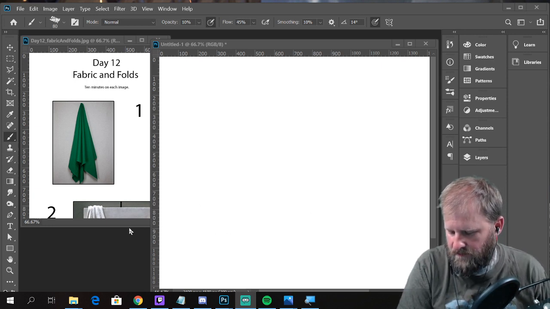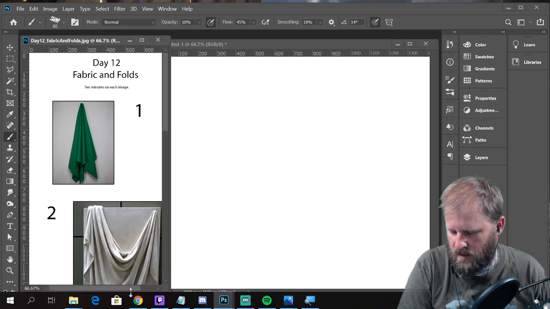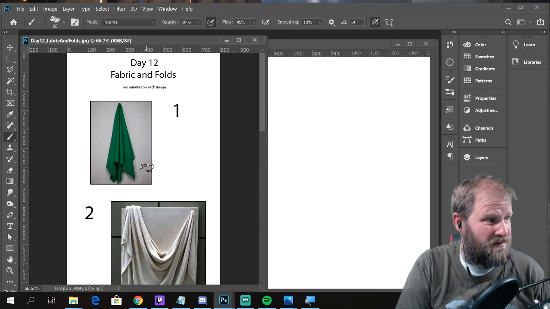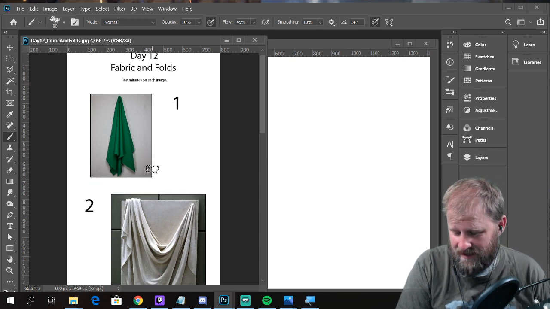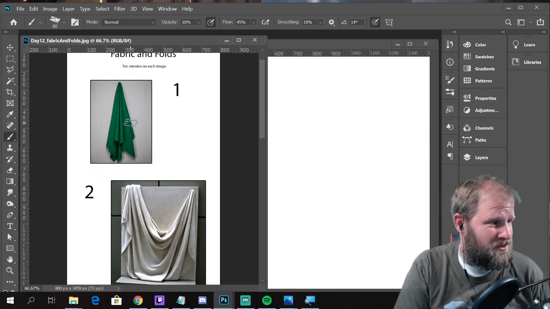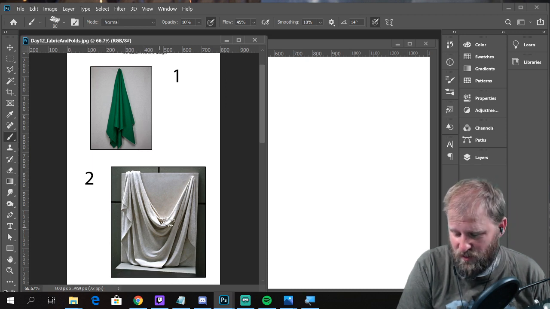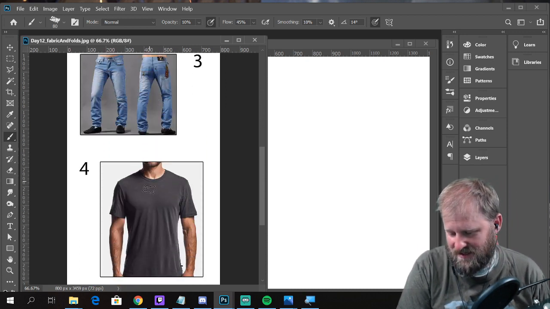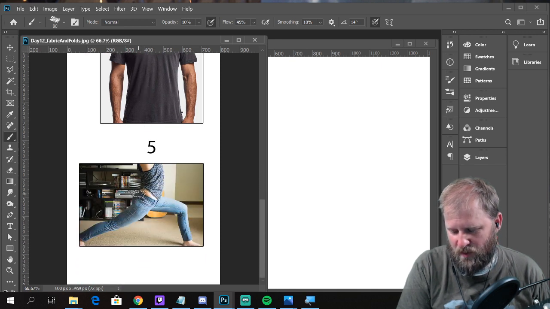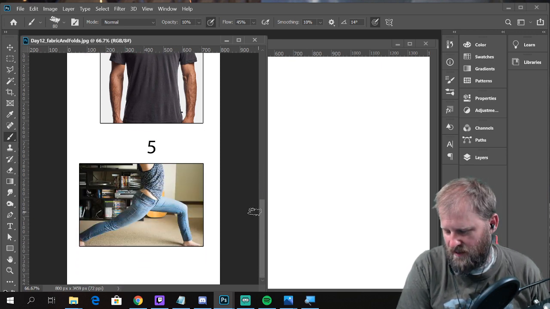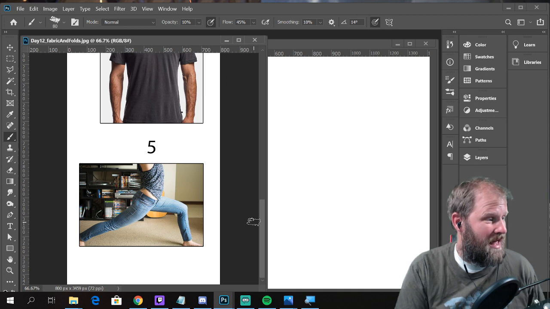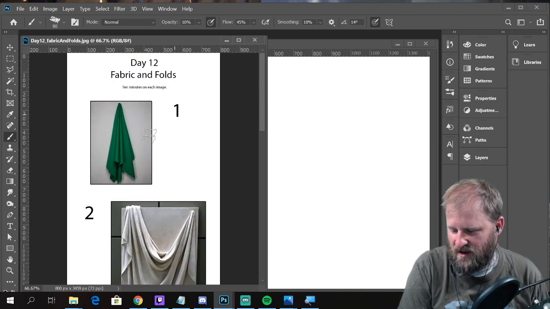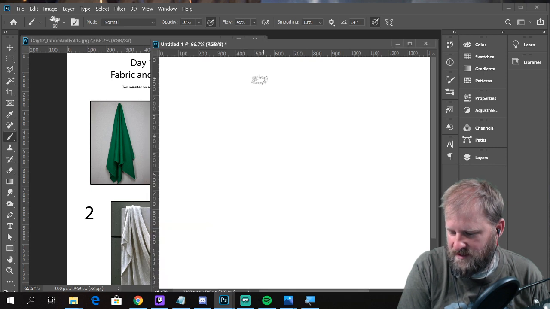But the reference images we're going to do, I'm going to show you really quick, and we're going to start on the first one and just keep going on down the line. Yes, from the 50s, the classics, some simple cloth being draped. So this is a 1-point tension, 2-point tension. And then we're going to get on to some sexy pants, some shirts, more pants, and just talk about how the cloth around those affects it. All right, so let's get started. We're going to start with image number 1. We have 10 minutes